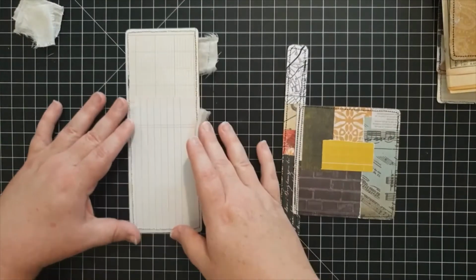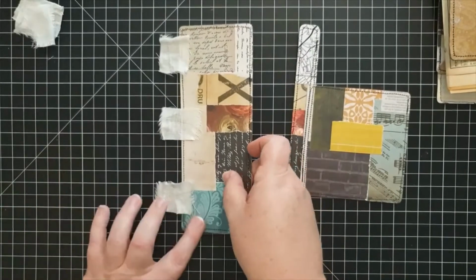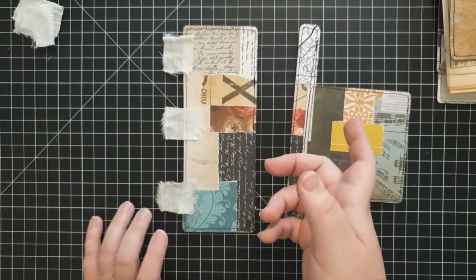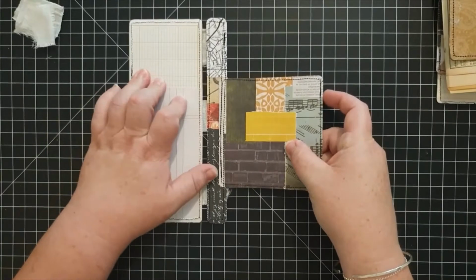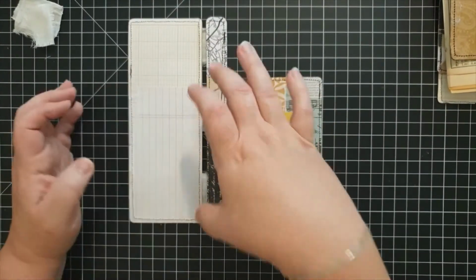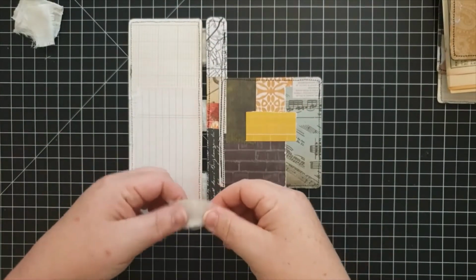So we are ready to now keep going. Let me just reiterate what we've done. So we've got 3 on the front. The next one is going to have 2 on the front. So flip that over. Now we're ready to put 2 on the front. I like to kind of lay it like this at first because I can visually see behind there where my tabs are. And then I just want to...